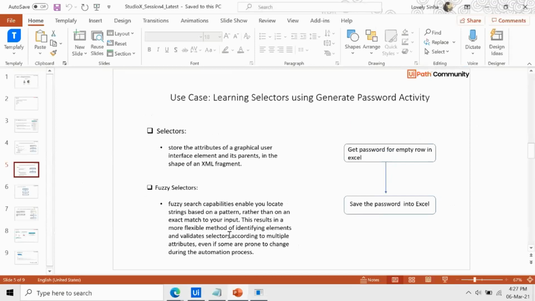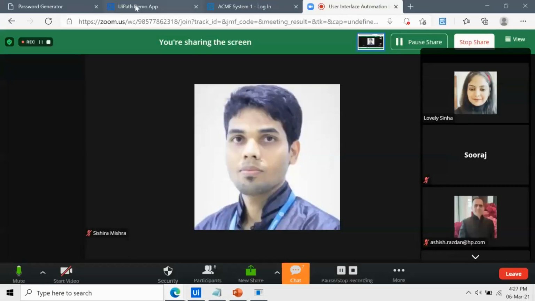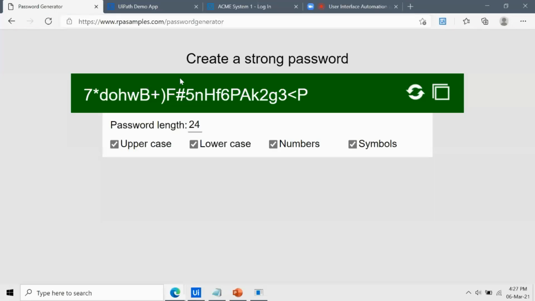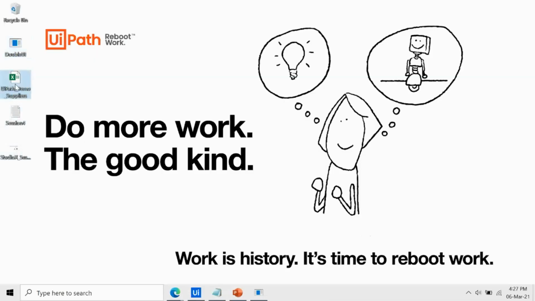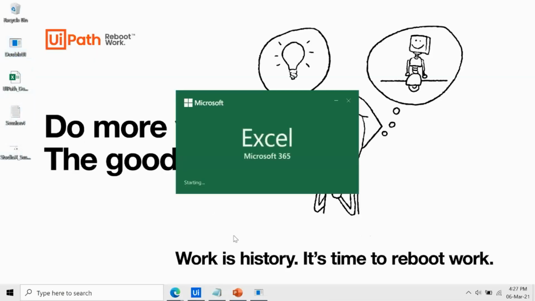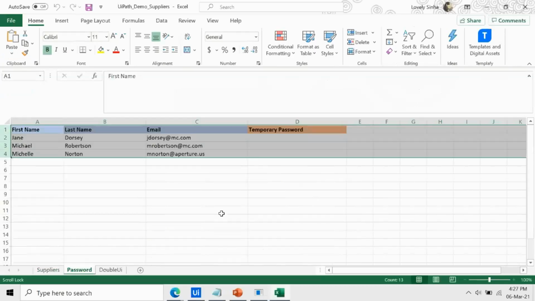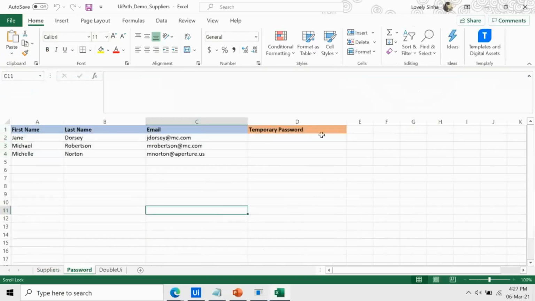Okay. So now we will see the next example where we have the URL. Okay. And we have an input data sheet as well. So what we have to do is pick the data, check whether the temporary password field is blank.